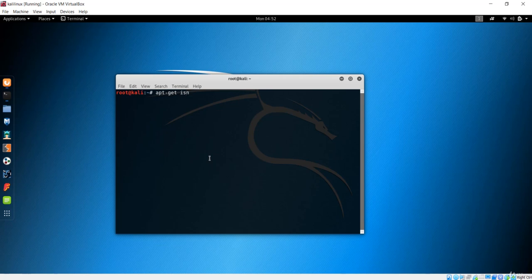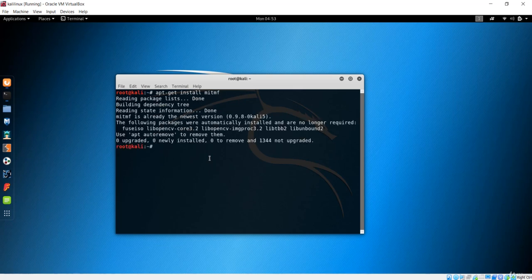So it is done with apt-get install. Okay, I just left the y out over there. So apt-get install, and the framework is man in the middle framework. If I hit enter, make sure that before it you update your packages. It is showing me that the man in the middle framework is already the newest version. I have already installed it, but in your case it will install or upgrade some of the packages, and then the man in the middle framework will be installed on your machine and you are good to go.